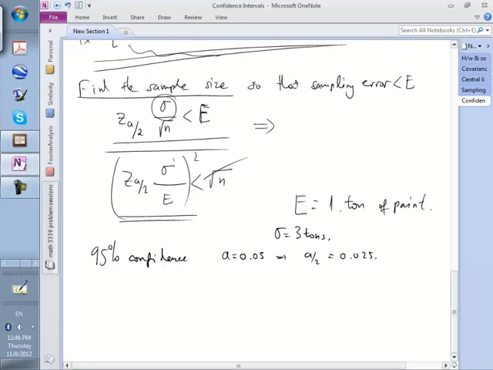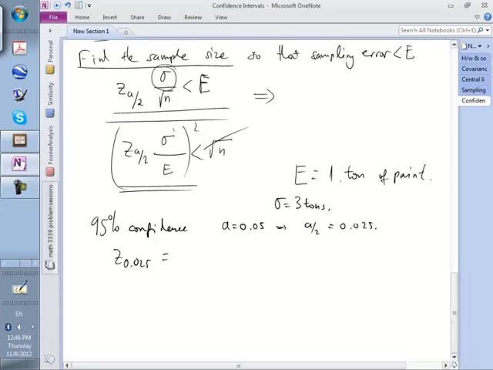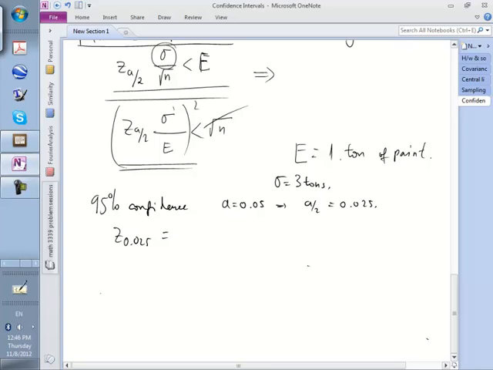Now if we go to the table to find z of 0.025, let's go back to table C4 on page 569. We'll find that the upper percentage point for 2.5% is 1.96. So this point that I have here essentially cuts